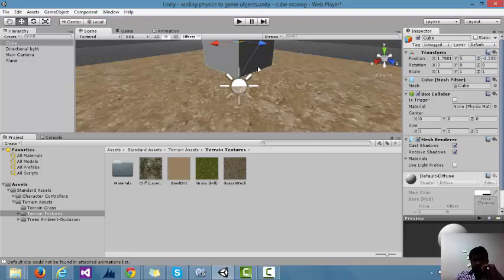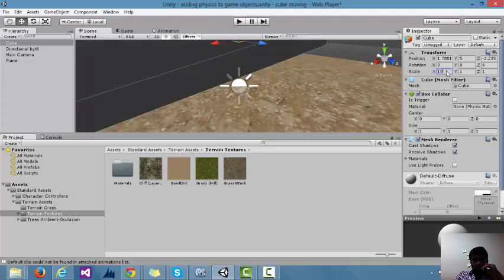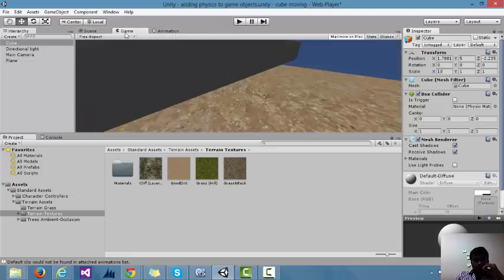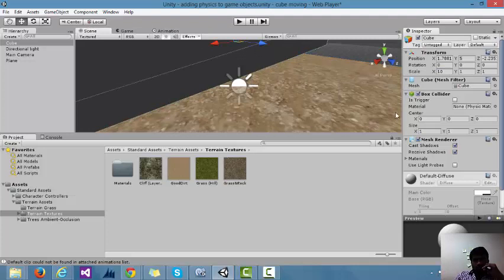Then I increase the horizontal length to 10 and the vertical to 10.